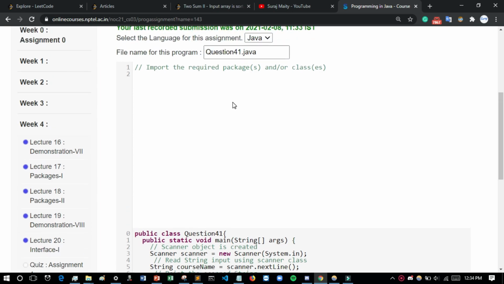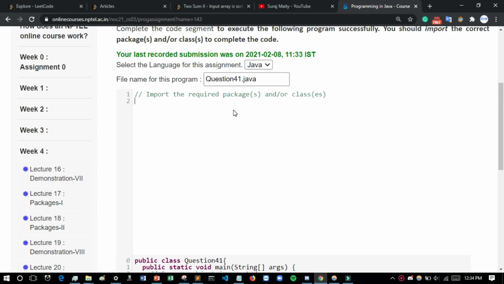So what you have to do is just type import static java.lang.System.out, and for Scanner, as I said earlier, you have to use import java.util.Scanner.